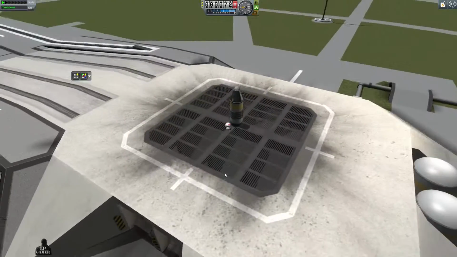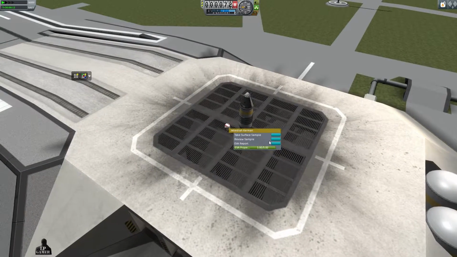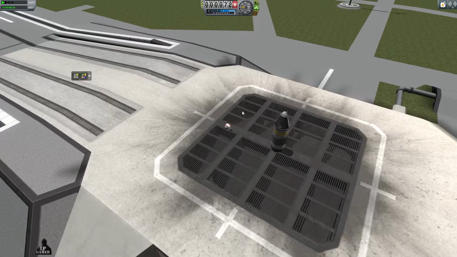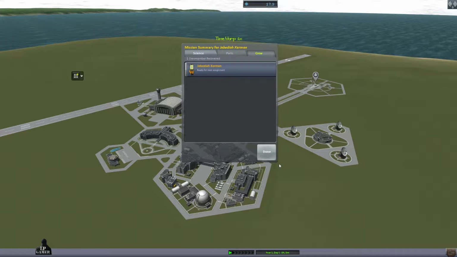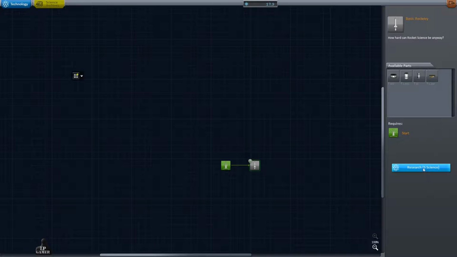Oof, I know that would have hurt. So, let's get him to take a surface sample, recover the data. EVA report. Yep, keep that data. Take another surface. Oh, we can't. Right, cool. So we've got our first bit of science there. We'll recover the vessel. 17 there. Now, is that enough for the next jump here? We need 5, that's cool, so we'll take that. 12 left over, but we've not got enough for anything else, so...